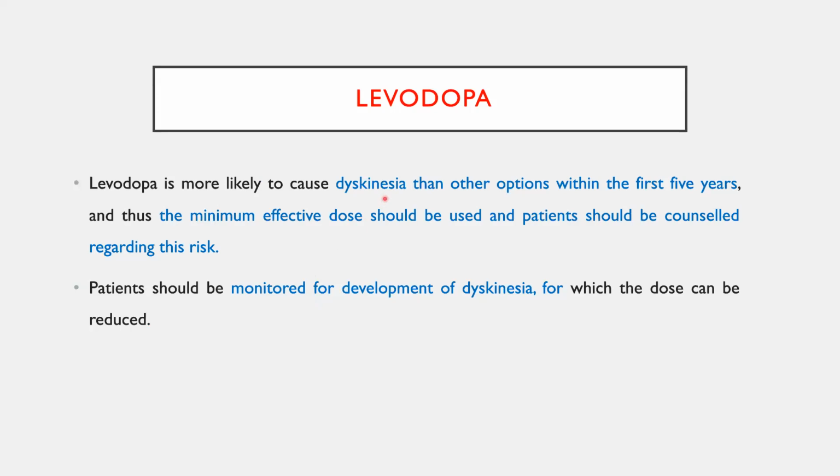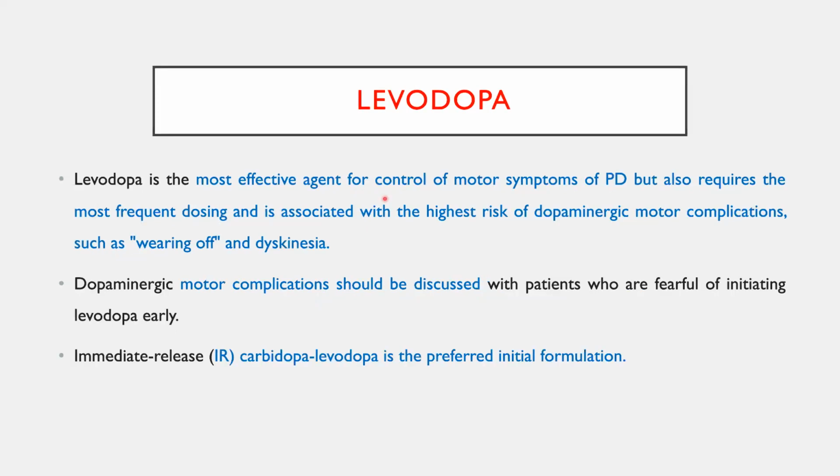In the initial first 5 years, there are fewer complications related to the drug. Once time passes, after 5 years of the onset of Parkinsonism, the patient will start having side effects. So better you start with the minimum dose that gives good symptomatic benefit, and that should be continued. Don't give unnecessarily extra dose of dopamine. The most effective drug would be levodopa, as all of you know. Meanwhile, you need to watch for other complications like early wearing off, not attaining the on state, and early dyskinesias.